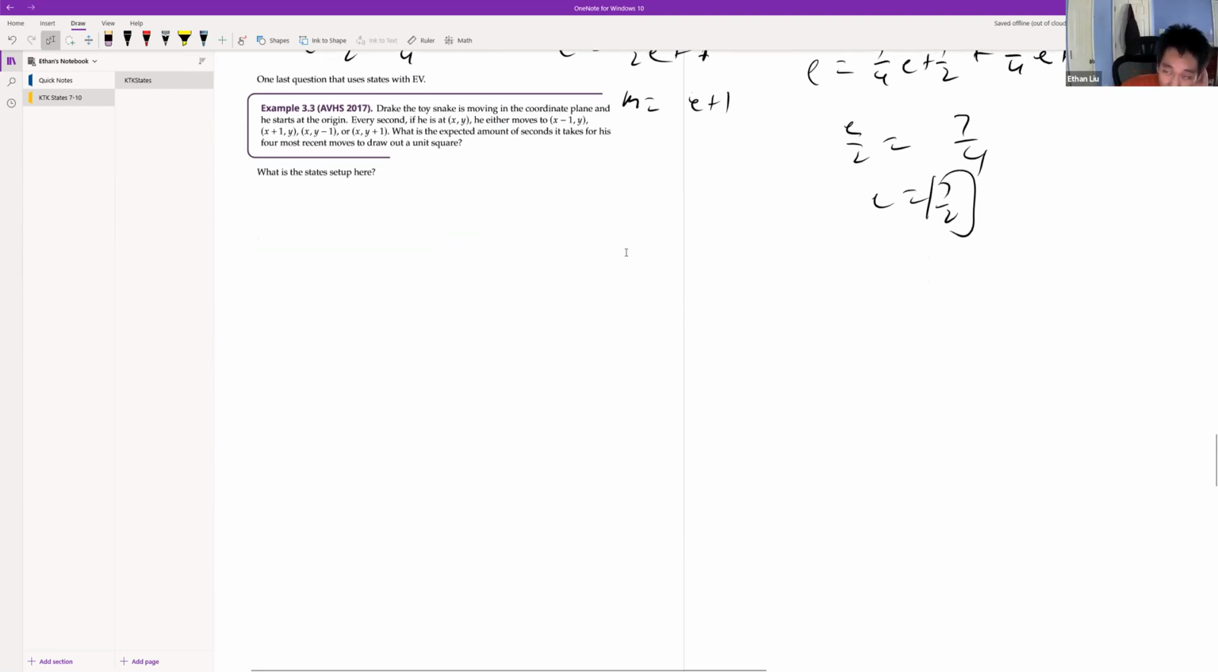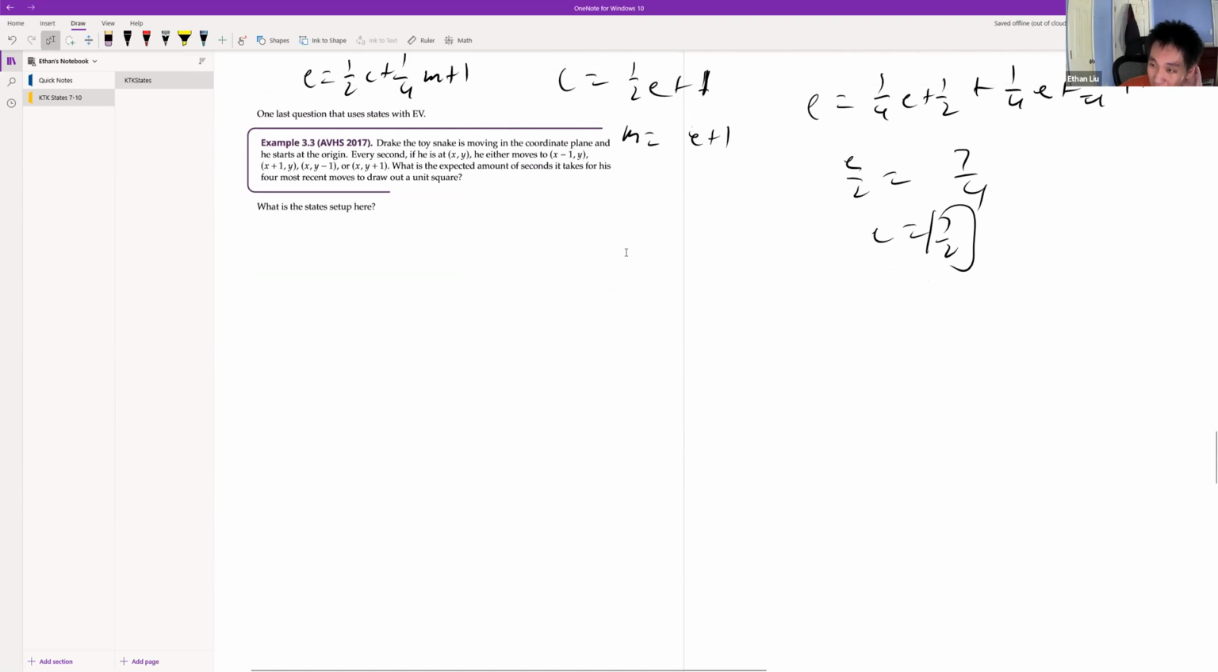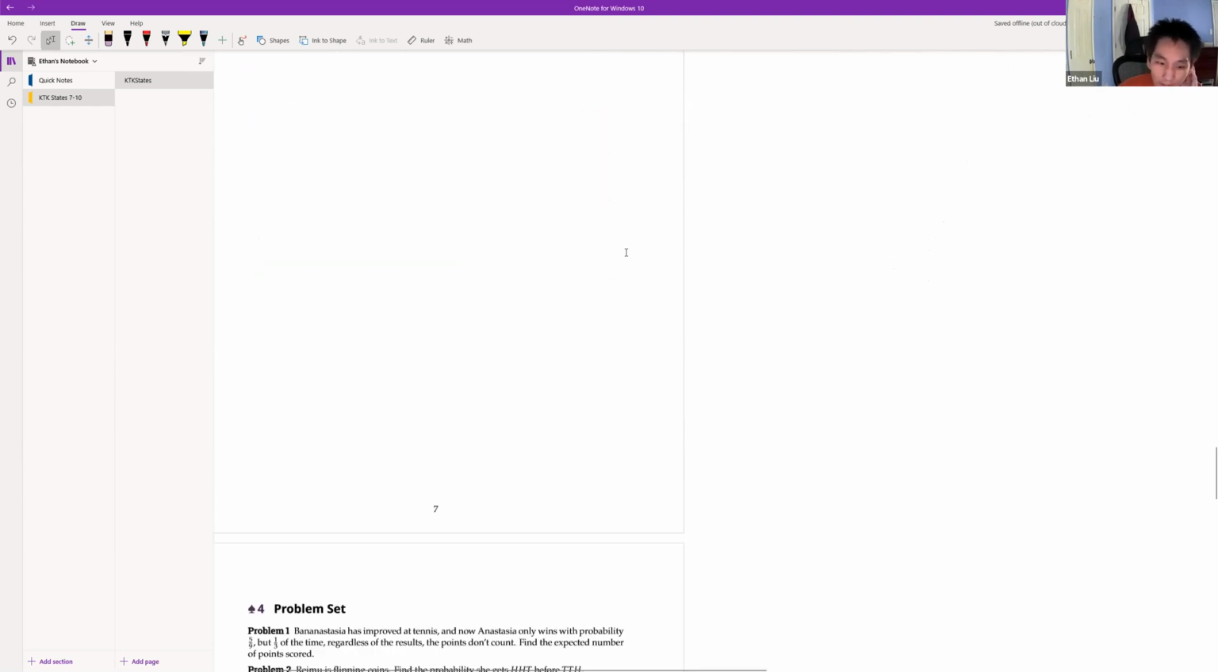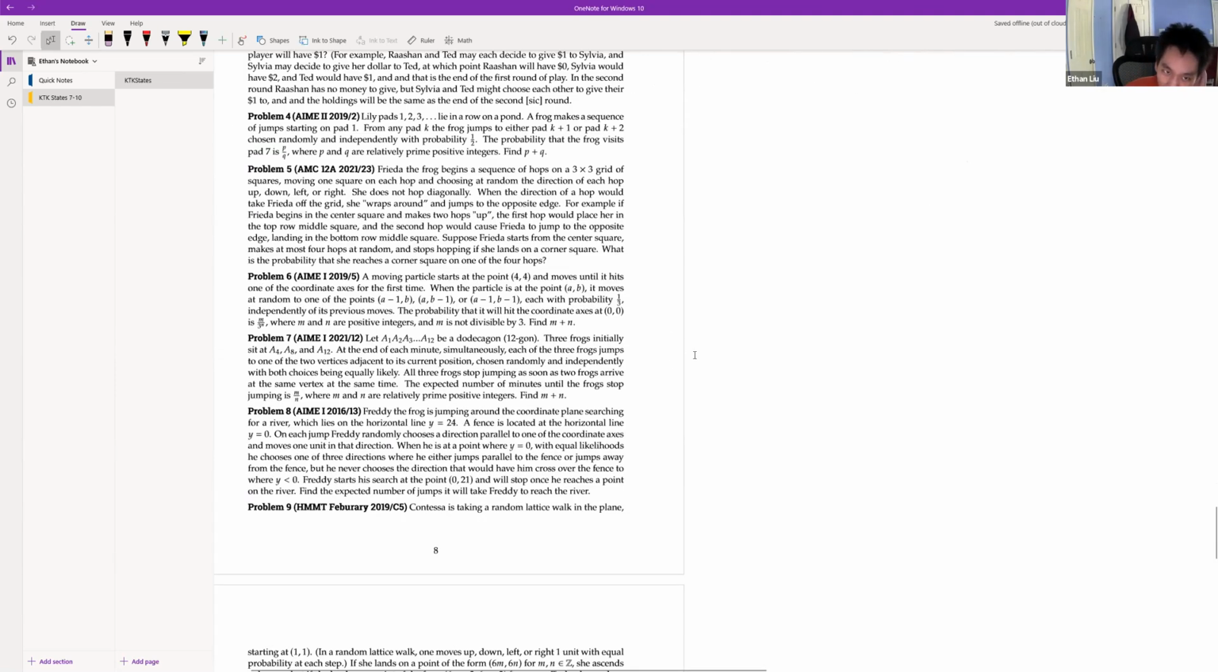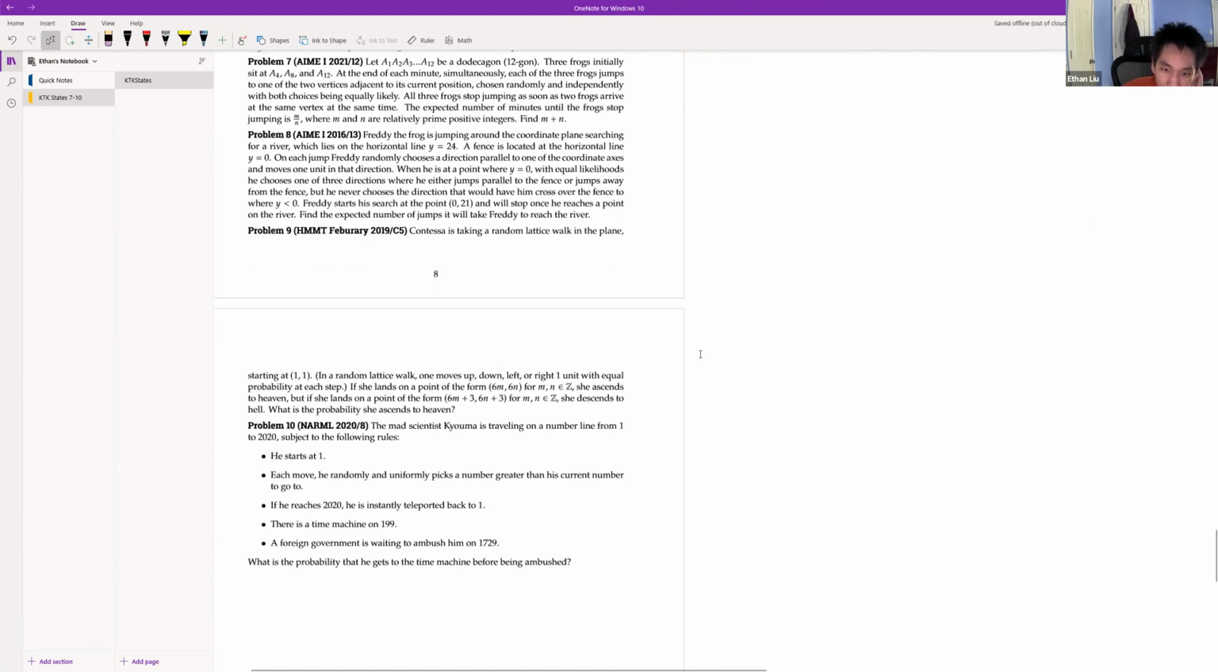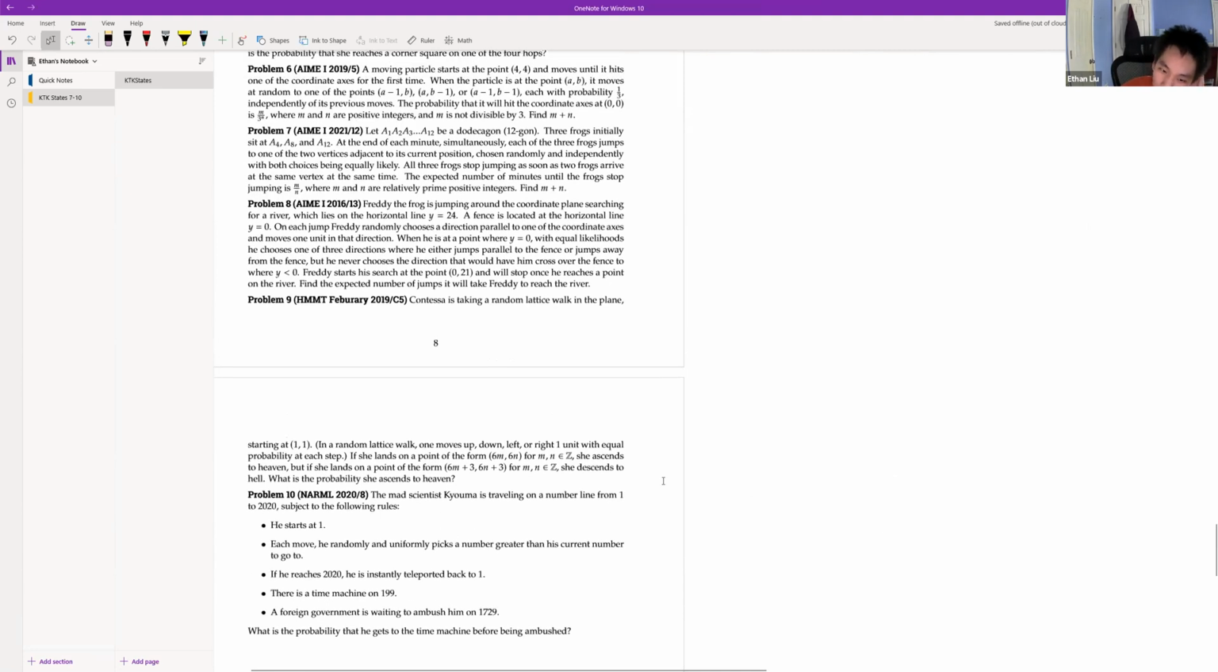Okay, one last example of states with EV, and then I don't know, maybe I'll go back to talking about cubic equations or something. I have a problem set down here, but I might go over 9. 9 I think is an interesting problem, but otherwise,